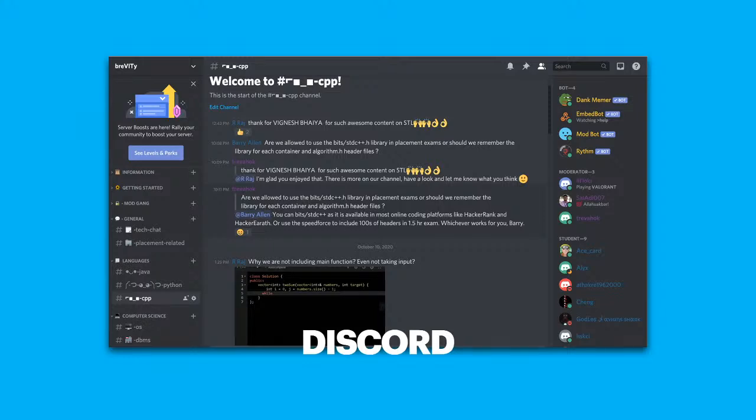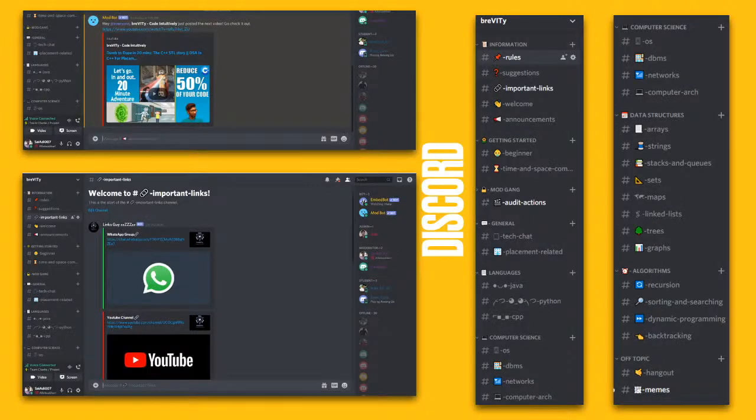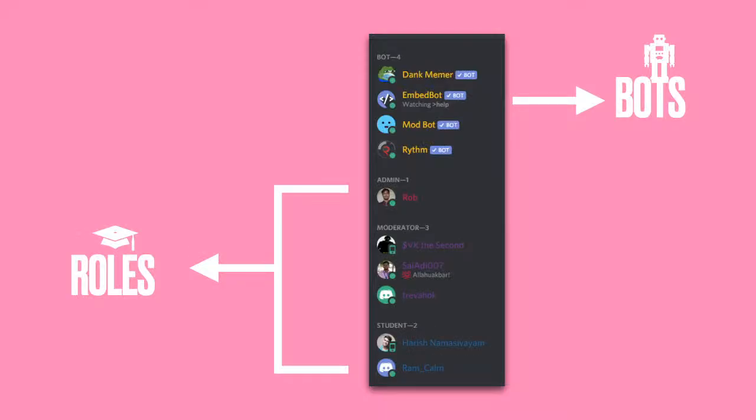So this is what the Discord server basically looks like. You can see there's a lot going on here, but if you're new to Discord, don't freak out. If you already use Discord, then this is what a typical Discord server looks like. Next slide. As you can see to the right, these are all the text channels that are available. Every topic has its own separate text channel where you can approach us for the topics which are there.